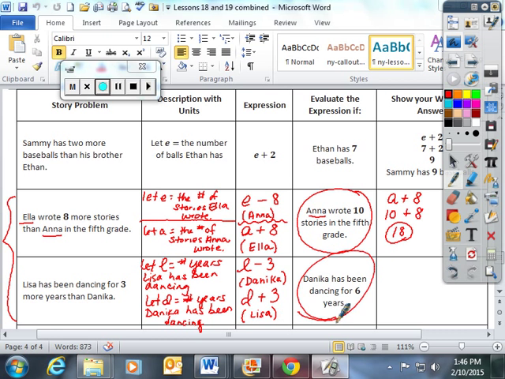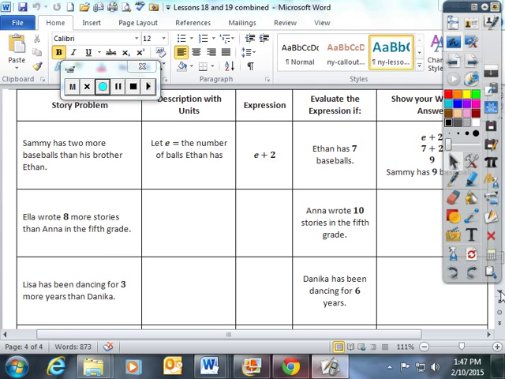The information provided in the problem is that Danica has been dancing for 6 years. So the students have to pick which expression would work, and it's D plus 3. Then they can plug in 6 for D and evaluate the expression, and 6 plus 3 gives them a value of 9 years for Lisa. Okay? Also in lesson 19,